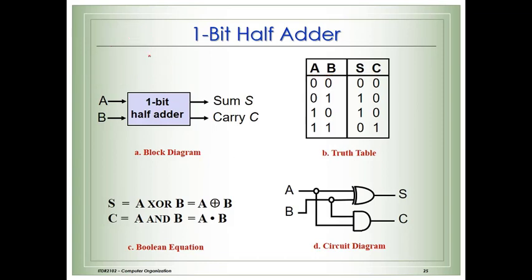Very similar to that we do it here, right? So if 0 and 0, S represents sum and C represents carry, correct? So here the result sum will be 0 and there is no carry, means carry is also 0. But if 0 and 1, sum will become 1, but there is no carry, means carry is 0. And 1 and 0, the sum will be 1 but there is no carry, it means that carry is still 0.